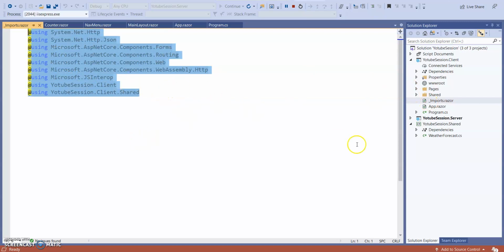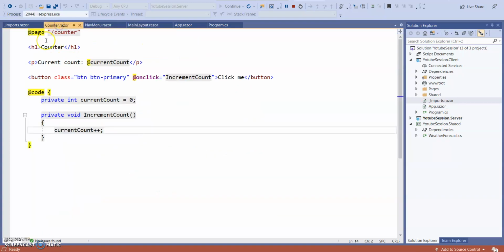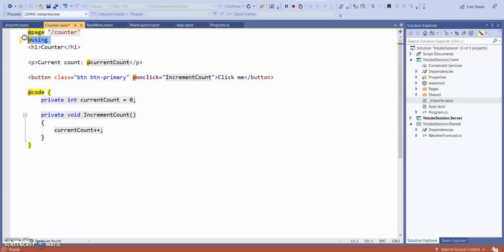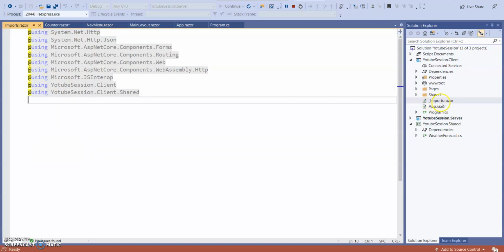If I want to add a new namespace which I downloaded from NuGet packages, rather than going to each single page, here also I can use using, and add the libraries or namespaces. I can add it in this _Imports.razor, so that it will apply to the complete application.